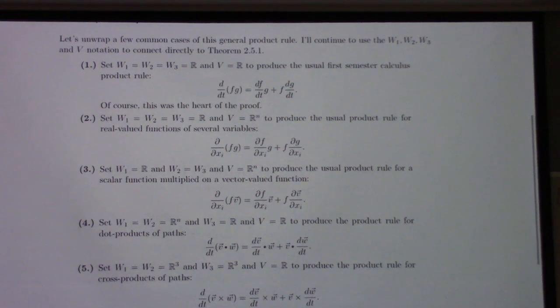Another product rule. When we look at a product of a function times a vector, and here this vector is a function of, let's see here, so the domain for both the function and the vector valued function, these are both functions of n variables, so I can take the partial derivative with respect to the x_i. And again, we have a product rule, but this time partial f partial x_i times v plus f times partial